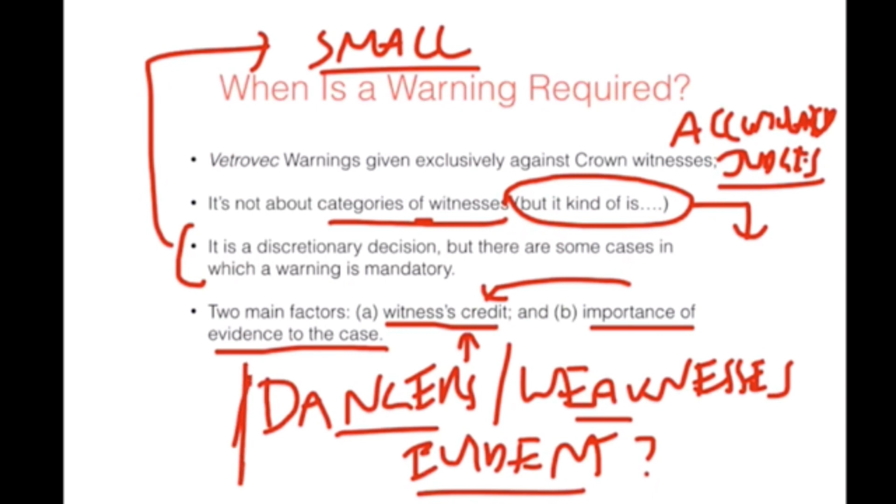And by the way, I should add, this is really important: it's not enough for defense counsel to question on these things, right? The idea is that the defense counsel will always question a jailhouse informant on the weaknesses in their evidence, but that's not enough. Where the dangers or weaknesses are thought to be outside of the ordinary, the judge should provide judicial commentary, because ultimately it's the judicial instruction that jurors have to follow, not the defense counsel's address, which is going to be contradicted by the Crown. So it's very important to recognize that the key is whether the risks are evident, not whether or not they've been pointed out by the defense.